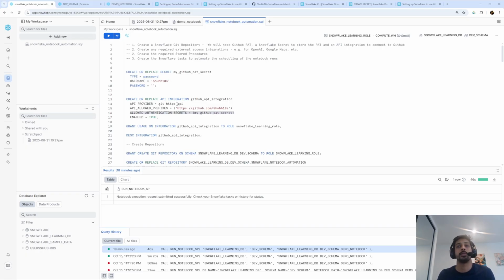This is very necessary because if your API integration tries to reach GitHub and it is unable to do that, it will actually cause issues for you. And so you will not be able to clone your repository. Let me quickly